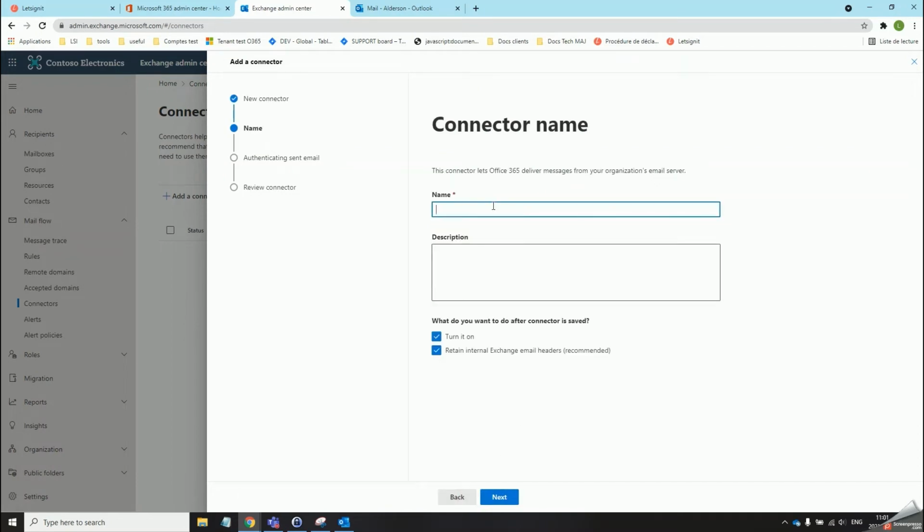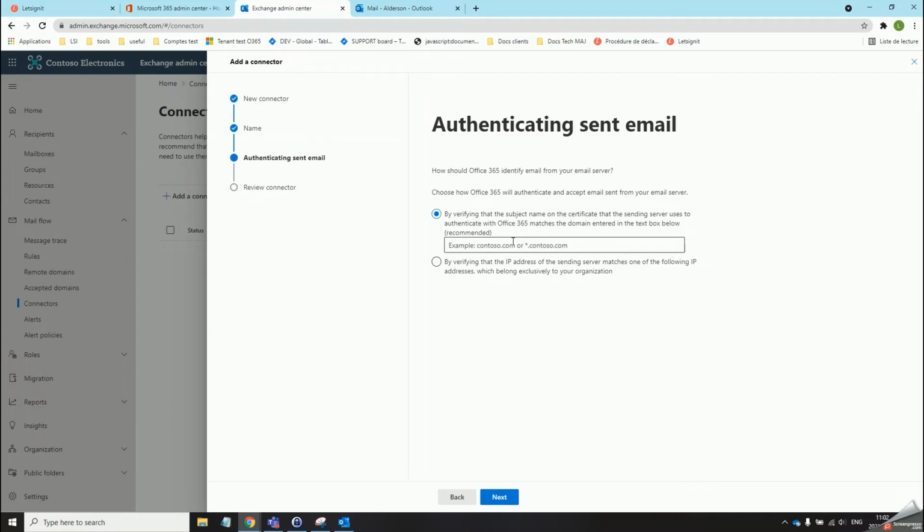Next we will give it a name. So we advise you to put something that will simply remind you of what mail flow this is equal to. So incoming connector Letsignit, for example. So over here we should keep these two ticked, and then here we will be adding